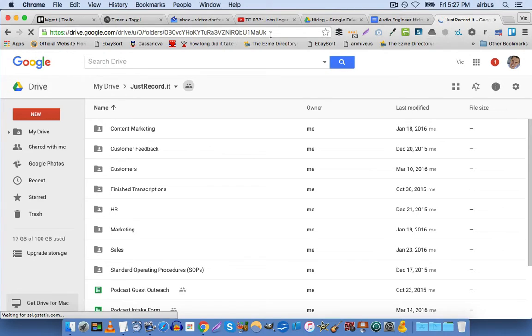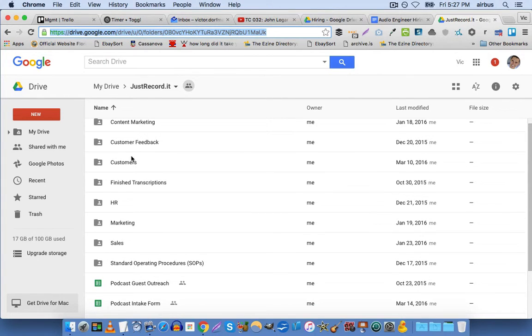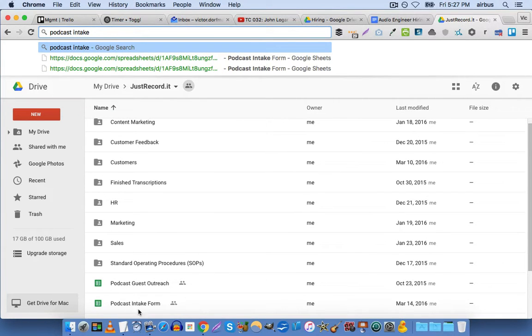You can just type it directly into your URL box, and you might actually have to visit the file or folder in question a few times in order for the auto-populate feature to activate. But once you've played around and gone in Google Drive a lot, then obviously, for example, when we bring a new client on board, they go through a podcast intake process, and all of the data from the form that they submit is sent to a Google spreadsheet. So if I want to find that podcast intake form, I just type podcast intake, and you can see that